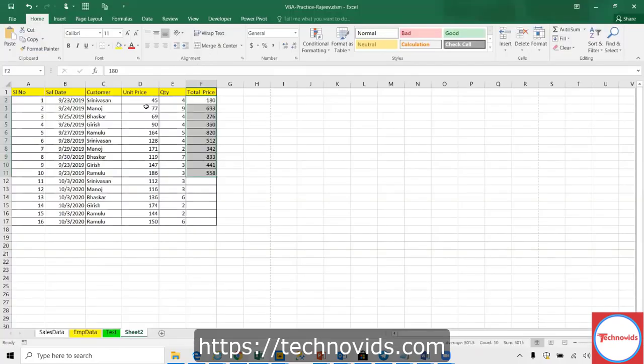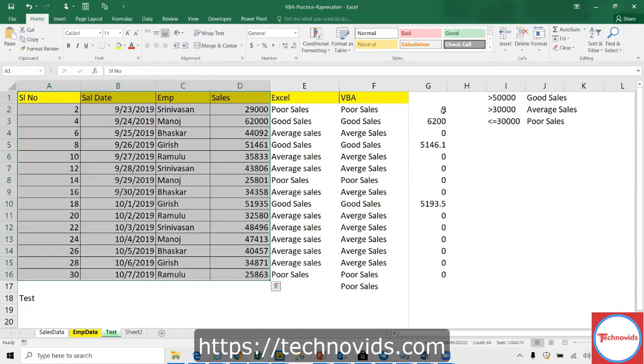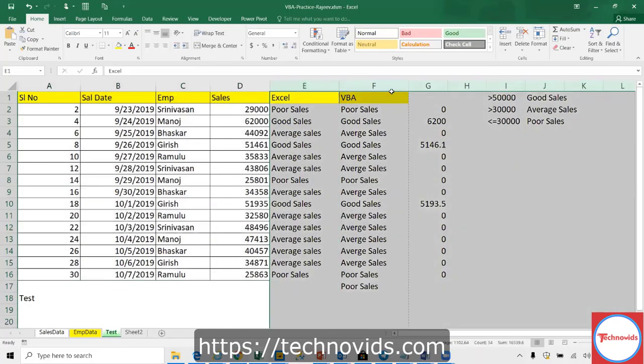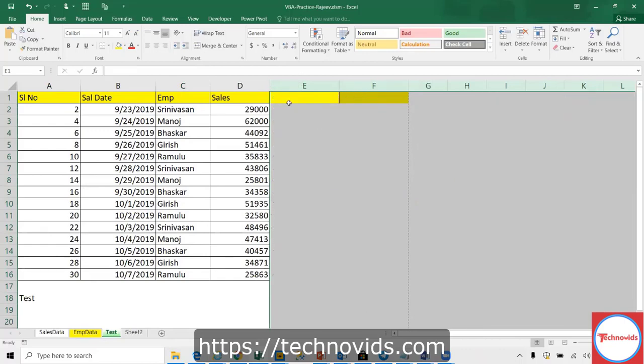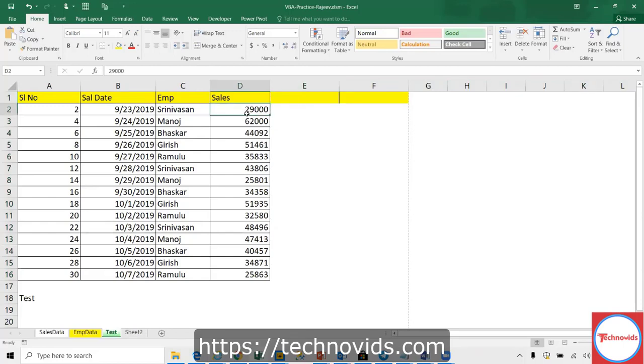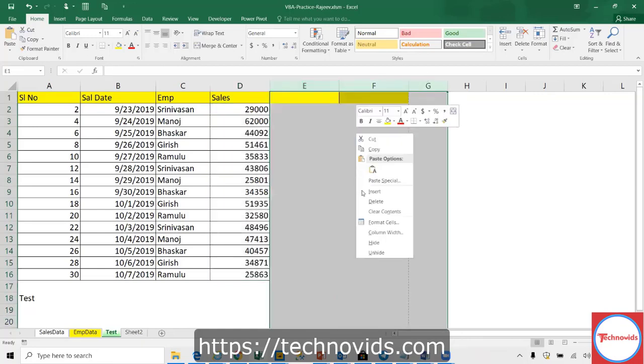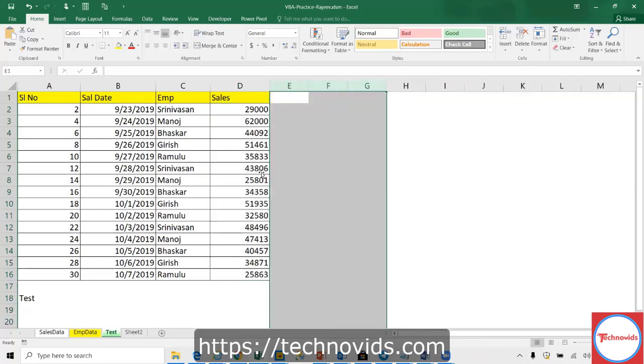Now let us take something else. This data set we are done with, so let me remove this. And here there is certain value, sales. Certain sales is there, but I want to understand the top three sales. That is my problem statement. I want to understand which are the top three sales in this data set, top three or top five, whatever.